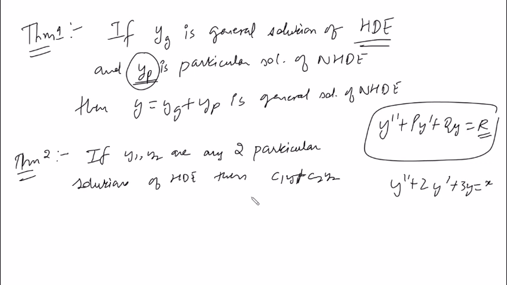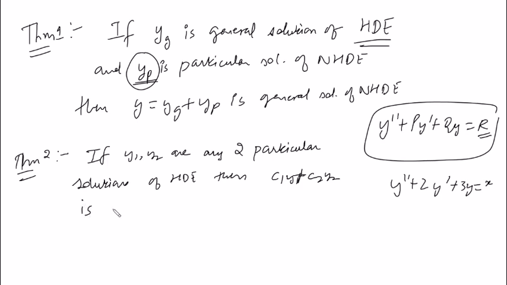So y1 and y2 are two particular solutions of that family of curves, but I want to know what the general solution is. So their linear combination is going to give you the general solution. I'm coming to that. This result will come in an even stronger form, then I'll explain it more. But for now this result is in a weaker form. I will tell you the meaning of this, but let me just write the statement.